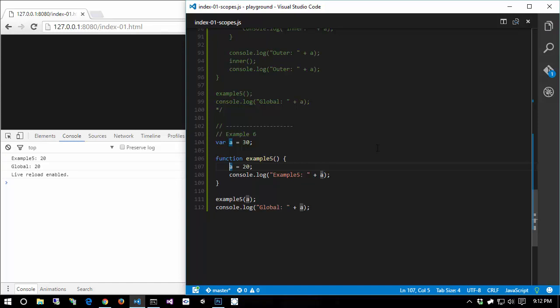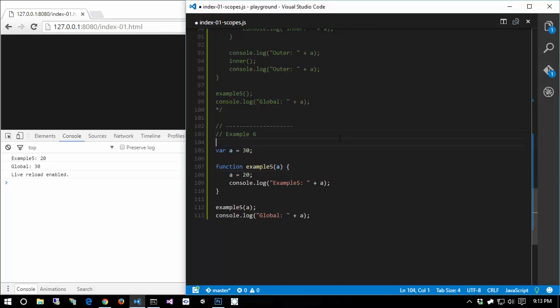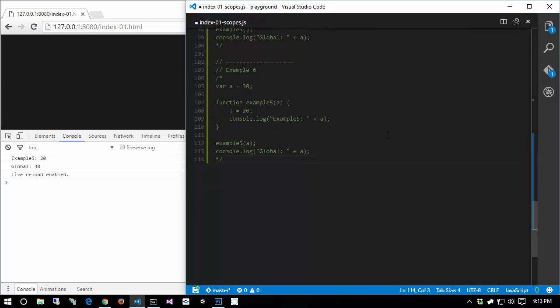And if I refresh, now we get 2020. But if I put this A back in here, we are now overwriting example 5 scope and adding A to its scope, to its block of memory that it has. Therefore, this A no longer references the outer variable. Now, let's talk about something else, something that does confuse a lot of people, at first anyway,